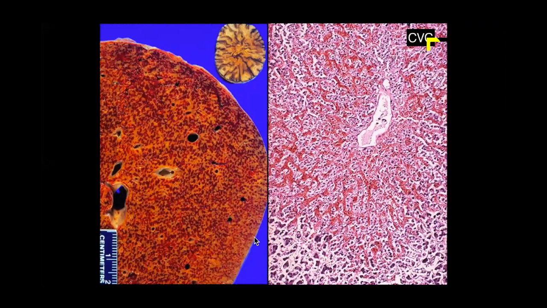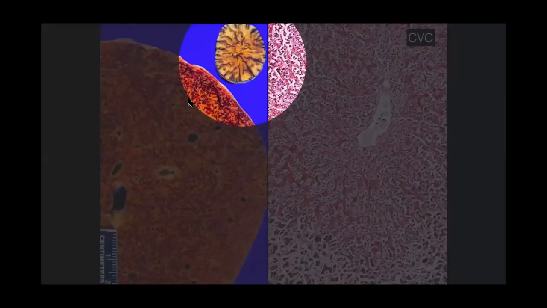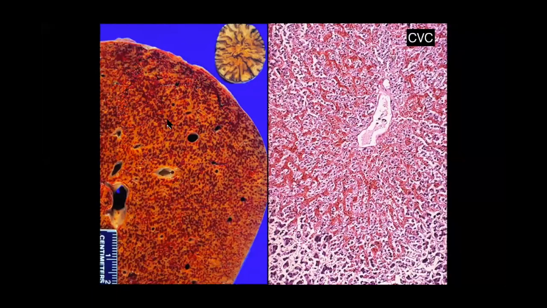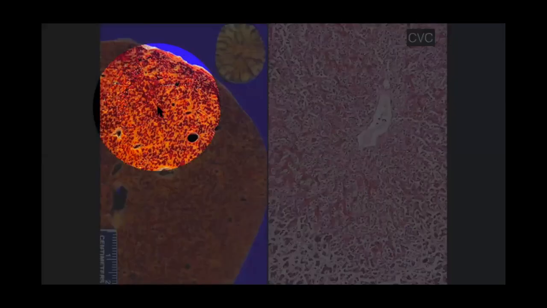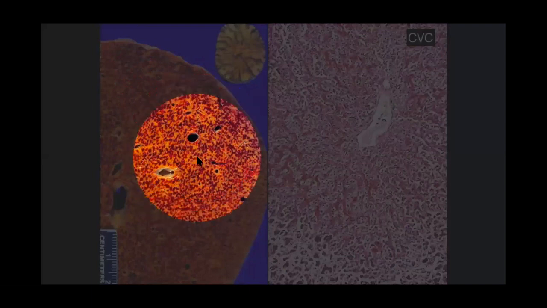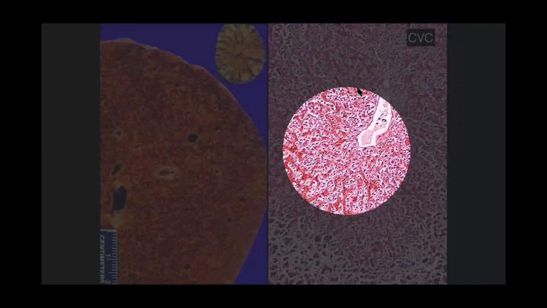What is this diagnosis? It's congestion of liver, nutmeg liver. Nutmeg liver, super. See, it is very difficult to differentiate nutmeg and the liver. It exactly looks like the same. Okay, and in CVC liver, the congested red areas are sinusoidal congestion, and these yellowish or grayish areas are the normal liver tissue, and this is excellently reproduced in this picture.